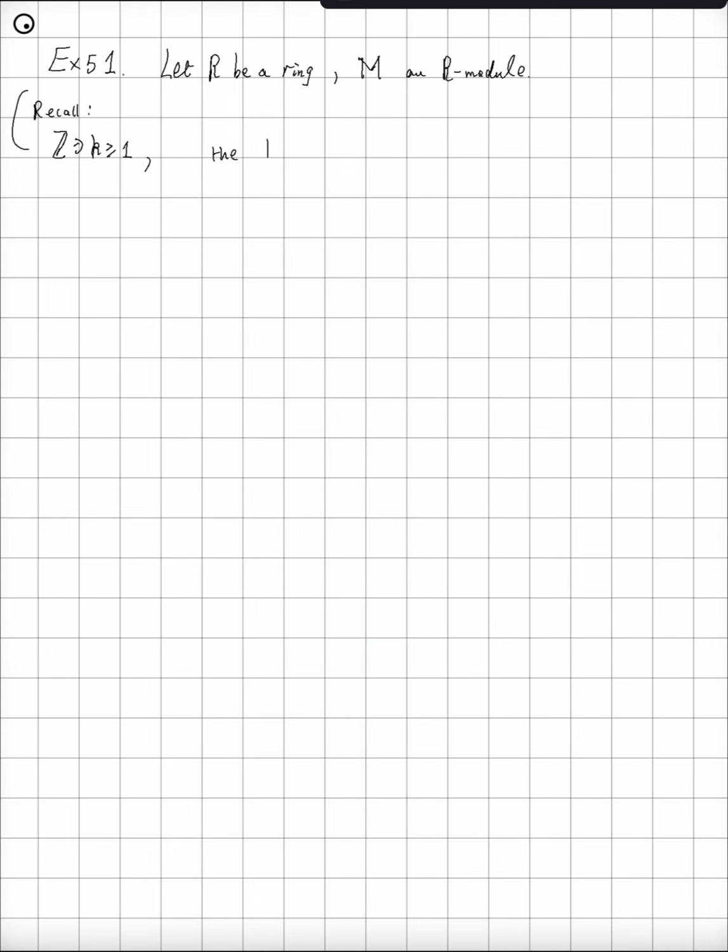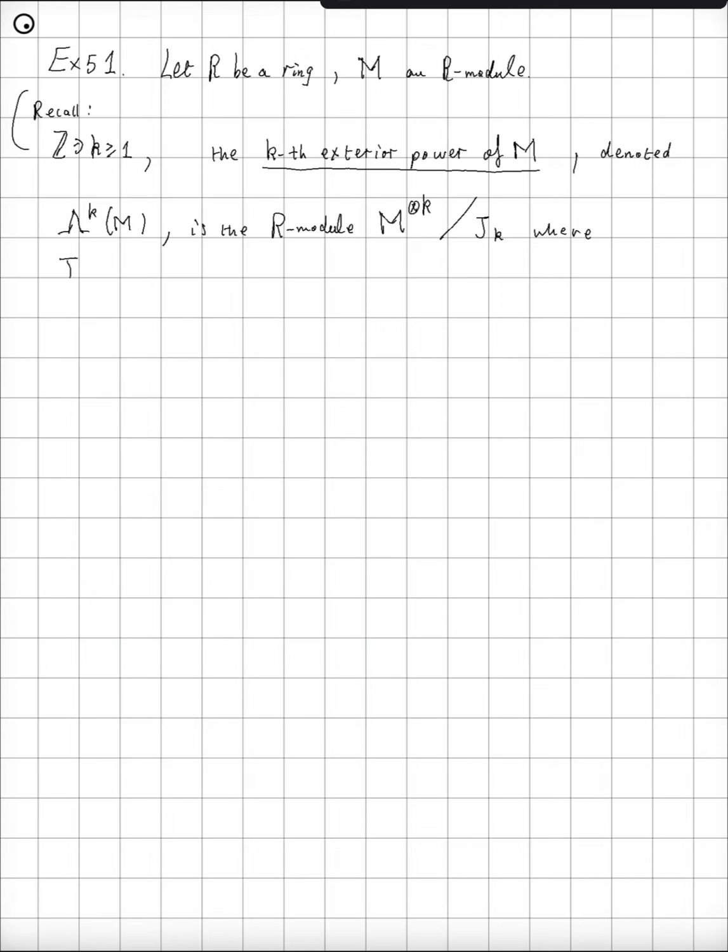the k-th exterior power of M, denoted gamma k of M, is the R-module M tensor product with itself k times, quotient by a submodule that's denoted by J_k, where this J_k equals 0 for k equals 1,